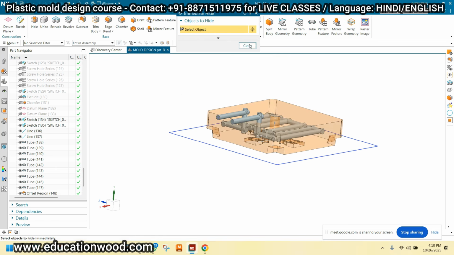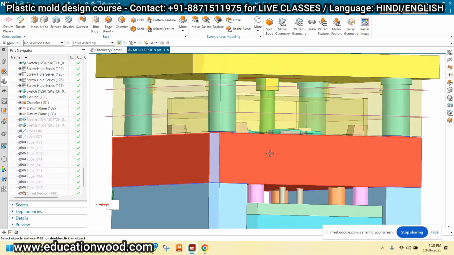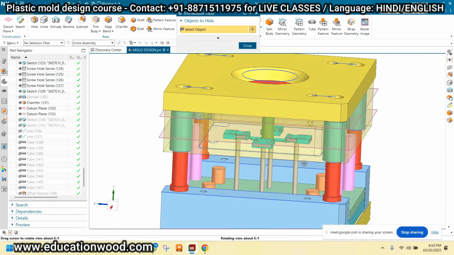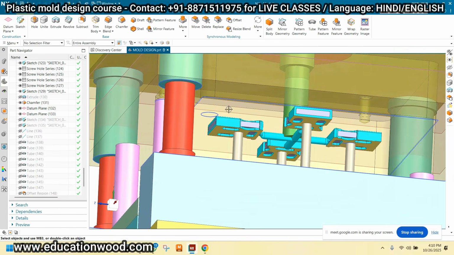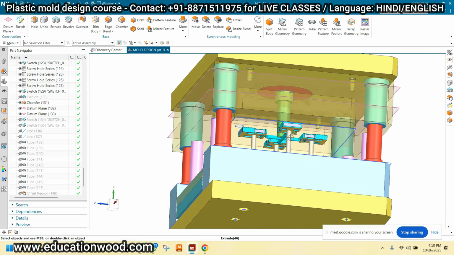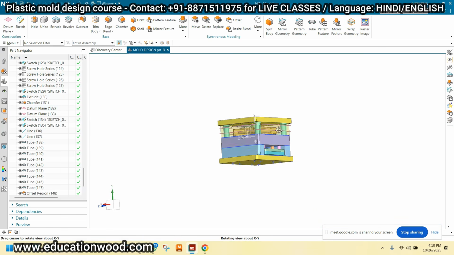Yes, this is the cavity side, but in cooling on the core side, you can say that there are ejector pins. Because of that there is a complexity, right? But that's why I have provided only a single ejector pin for the single component, so there is no complexity right now. If we provide lots of ejector pins there, there can be a complexity, right? Yeah, that's why. I hope you understood about all these things.